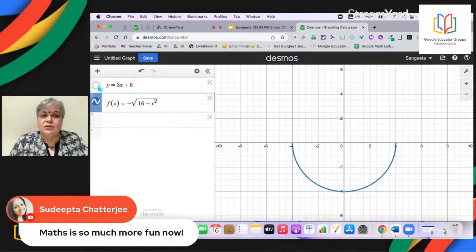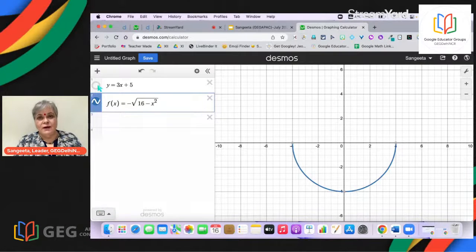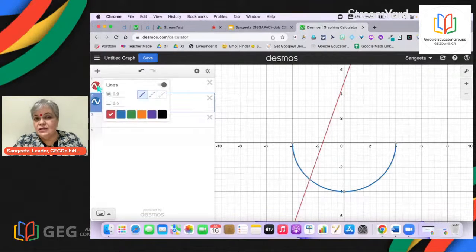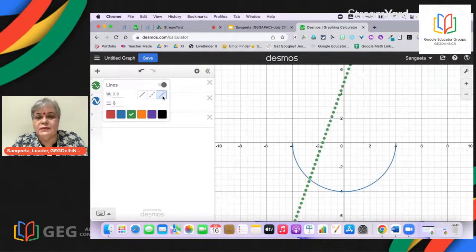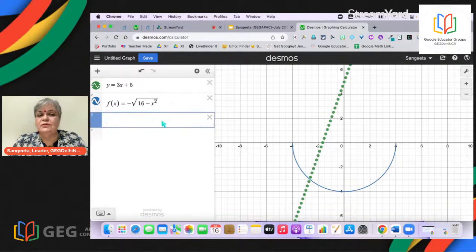If your graph is getting too clustered, you can always hide parts of the functions. So if I've right now hidden that function, it hasn't gone away. Just clicking on that little button there, if I click it back, it comes back. I can change the color of it. So I can make it green. If I want its thickness to be changed, I can change the thickness. I can also change the display of it, depending on the need that you have of how you are using it. Of course, there are so many options of Desmos that you might really find interesting,